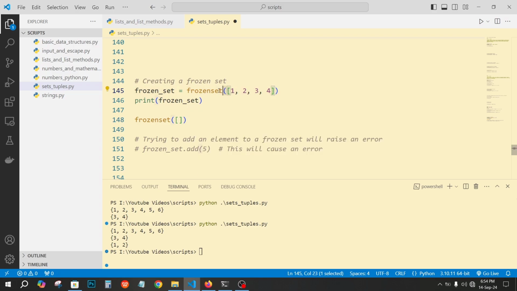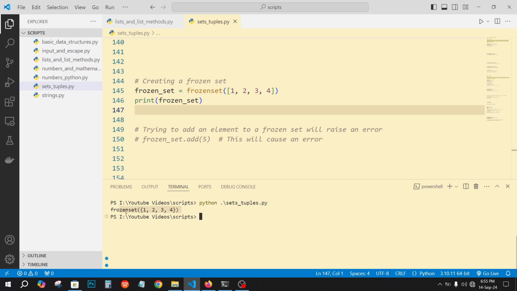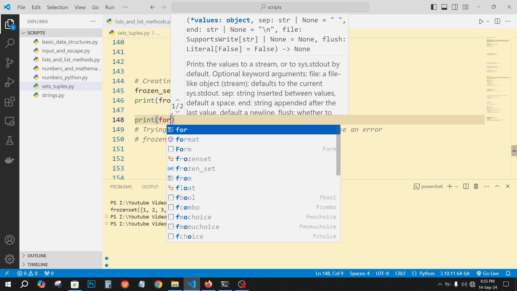We are initializing a set using a constructor, and we are passing a list here. You can also pass a set here. This constructor will make this list a set. The frozen set will remain the same all over our program, so we can only use its elements. Let me clear the console and print it. You can see it is calling frozenset. And we can also print the frozen set